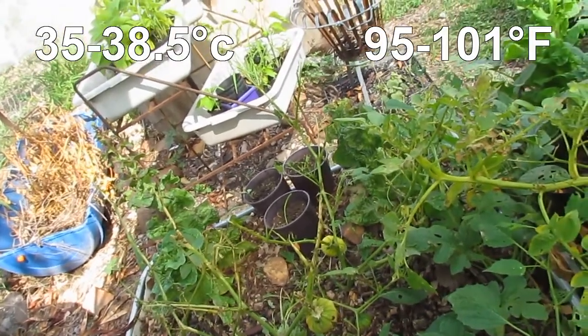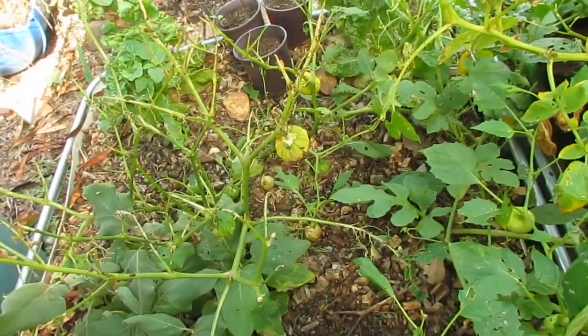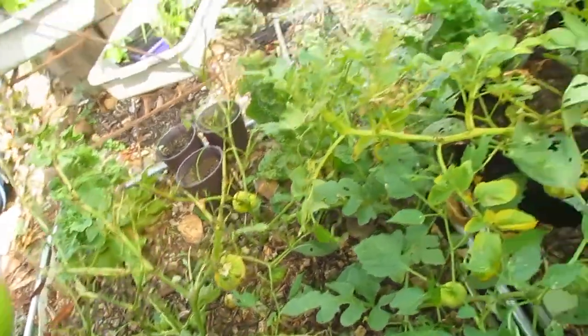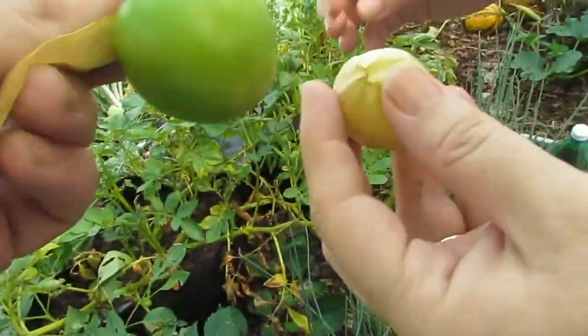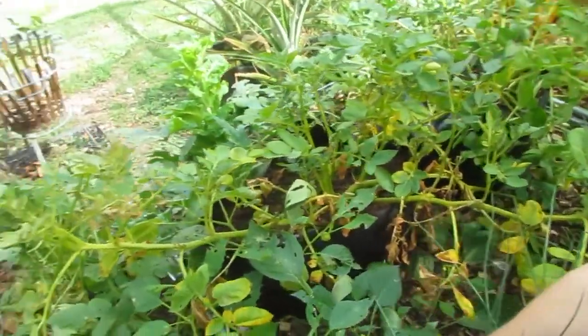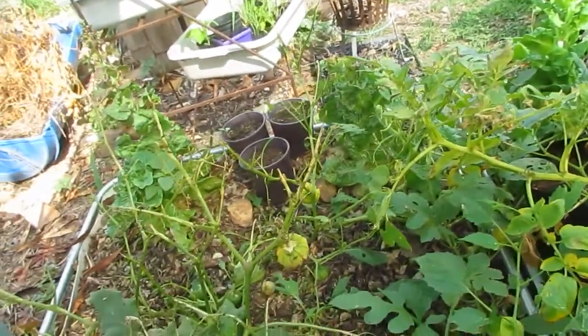We had some hot ones this week, and yeah, I just was really neglectful. Luckily we got the others in the other bed, so I'll show you them in a tick. But we did manage to get a green tomatillo. Actually, we got a few that are falling off the plant. So what I'm going to do is just trim these guys right back and